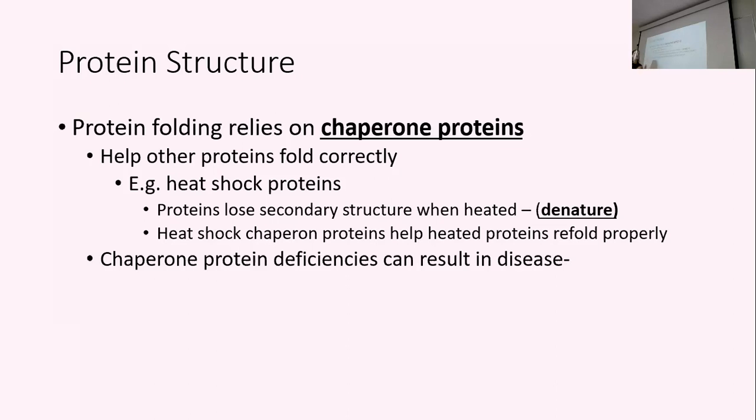You see this in one example, heat shock proteins. So proteins, like any compound, like any molecule, if you heat them up, they fall apart, right? Like they melt, right? Literally, at kind of like the largest scale. But even if they don't melt, if you heat up a protein, it starts to lose that secondary structure. Those hydrogen bonds kind of start to let go, right? So you heat a protein, you lose those sheets and coils, and we say the protein denatures, right? When you melt butter or when you fry an egg, right? You're causing the proteins to kind of lose whatever conformation they're supposed to have,